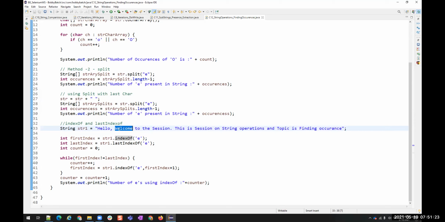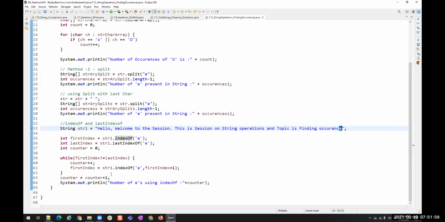So it will come to this place. This will be my first position now, and this will be my last position. It will compare the positions. No, it is not the same, so it increases the count, and again it will come to here and compare. No. Then it will come to here, compare the first and last positions. And then again it will come to here and compare first and last. So like this, it is going to compare everywhere. And when it comes to here, the first and last index are both the same, so it is not going to increase the count. For the last one, at any time, it is not going to increase the count.